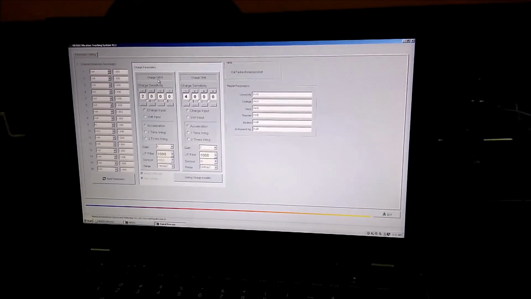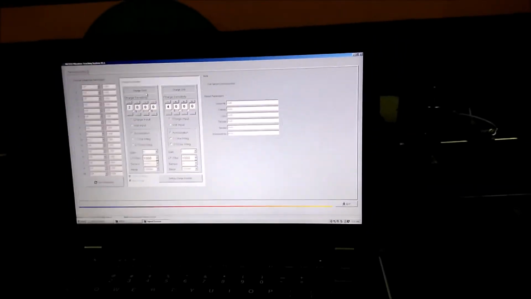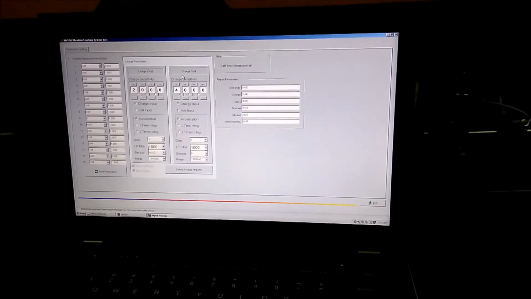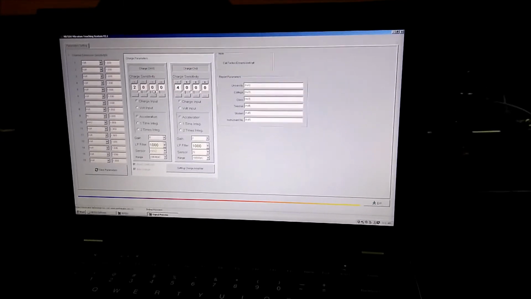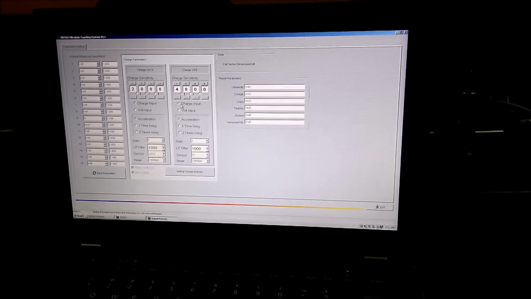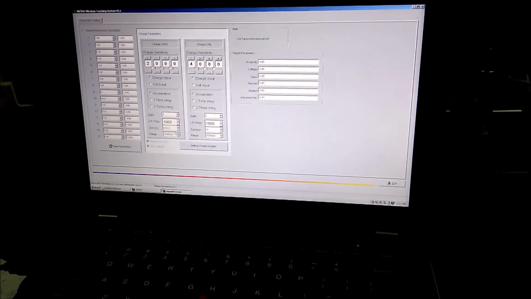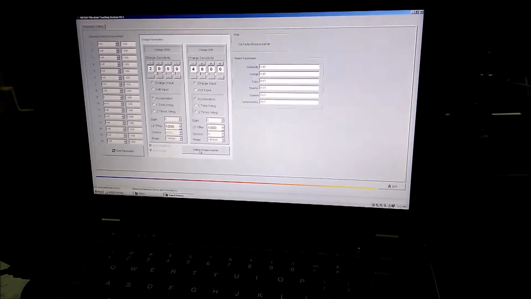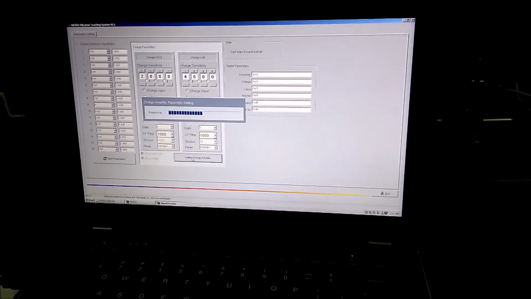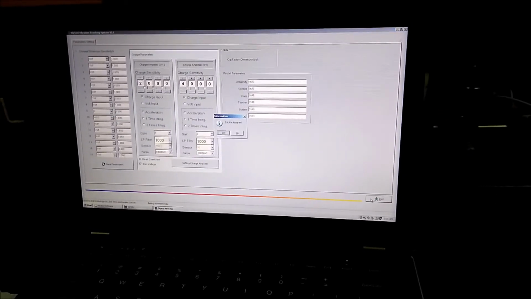As you can see, here is the panel for charge channel 10, which is connected with the piezoelectric accelerometer, and charge channel number 9, which is connected with the impact hammer. We have set the sensitivity which provides the optimum result. As you can see, it is selected with the charge input, as these are charge amplifiers, and here is the gain, and these are the units. I'll just click here, setting charge amplifier. Once it is done, you can just click on OK and exit.